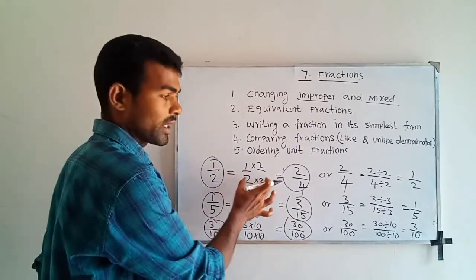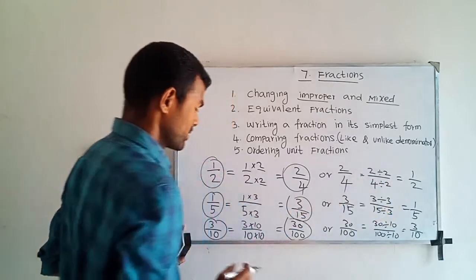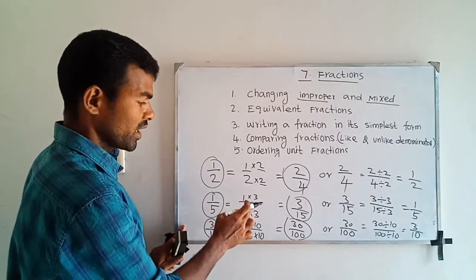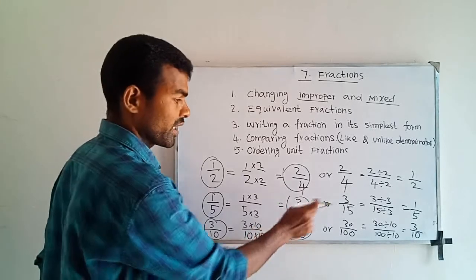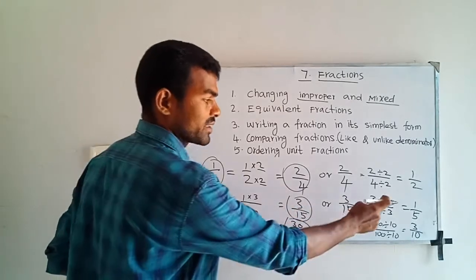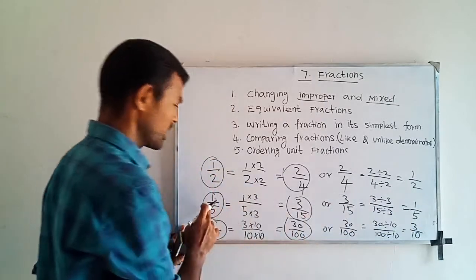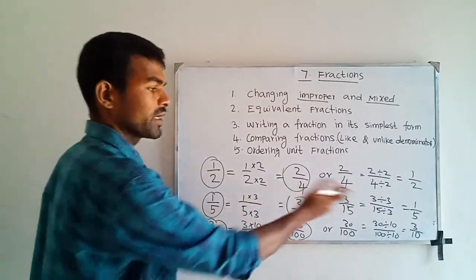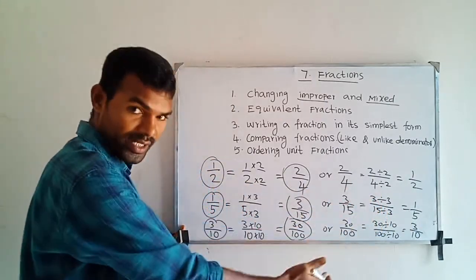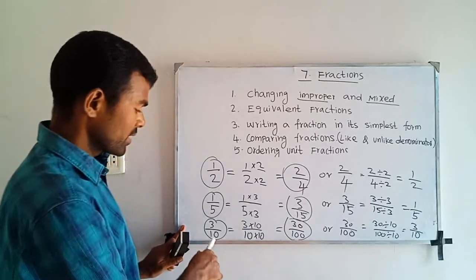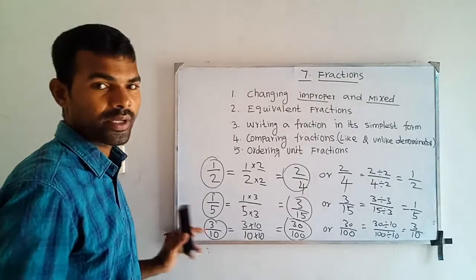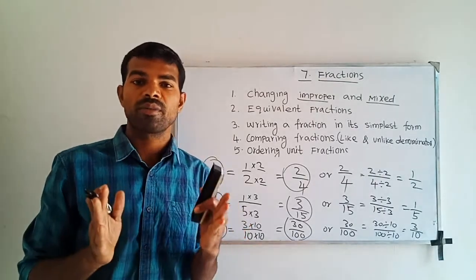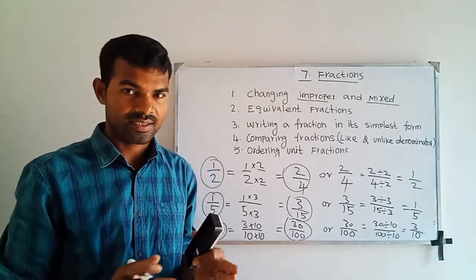Here you are multiplying and here you are dividing. See this, here is 1 by 5. If you multiply by 3, you are getting 3 by 15. Yes, if you take 3 by 15 and divide by 3, you are getting 1 by 5. Same number you are getting. Okay, here multiplying, here dividing. Again you are getting the same number. Like this, the last one also uses the same method. Yes. So now you can understand what we mean by equivalent fraction.